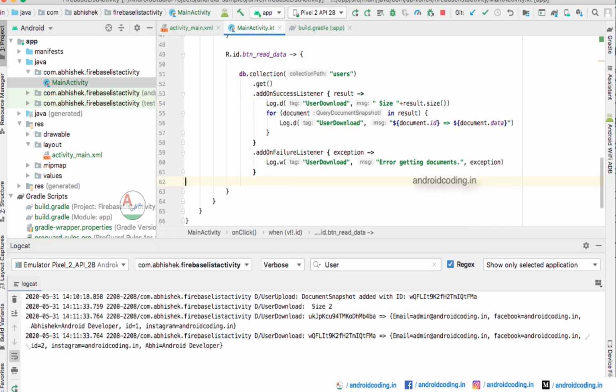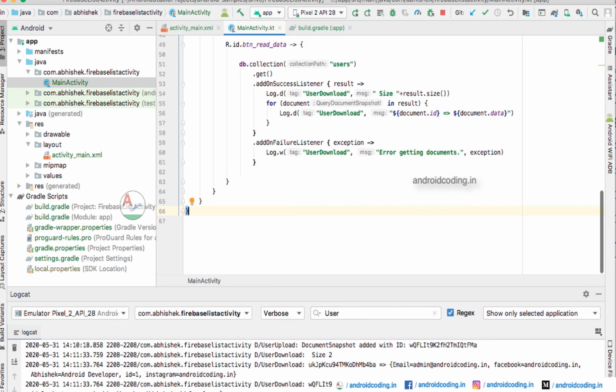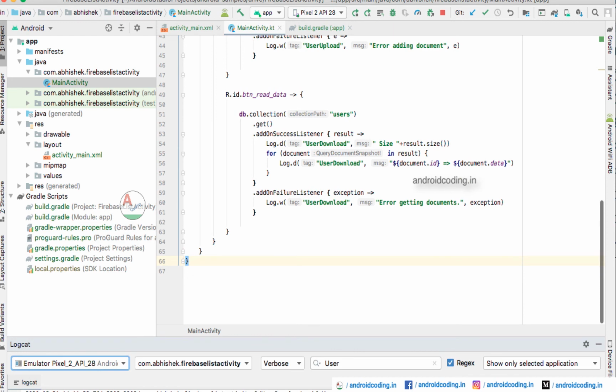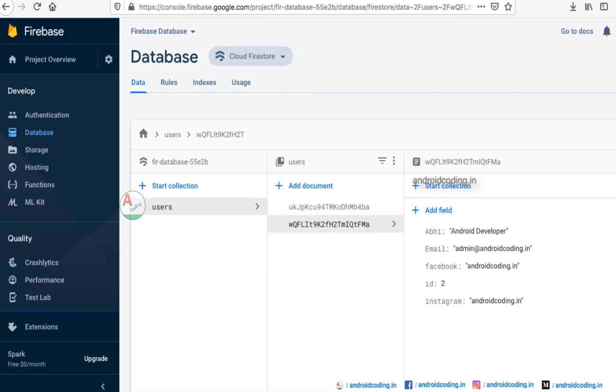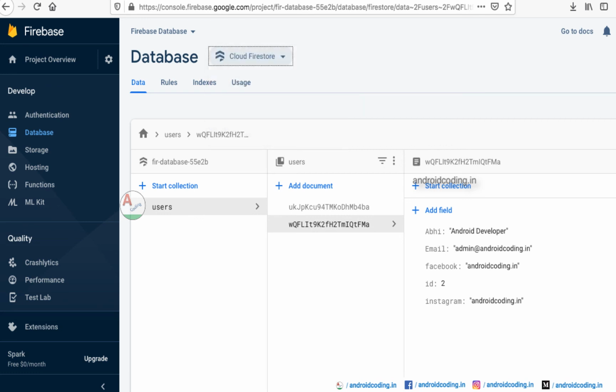By using this for loop we can also load a list. You can make this as per your requirement. I am just providing you the upload and download and what the process is. So this is how we will upload the data. This is Cloud Firestore. We previously dealt with the real-time database and this is Cloud Firestore, so don't get confused. And you can refer to the previous tutorial also for the real-time database. So we have dealt with uploading and downloading, so this is for this tutorial.